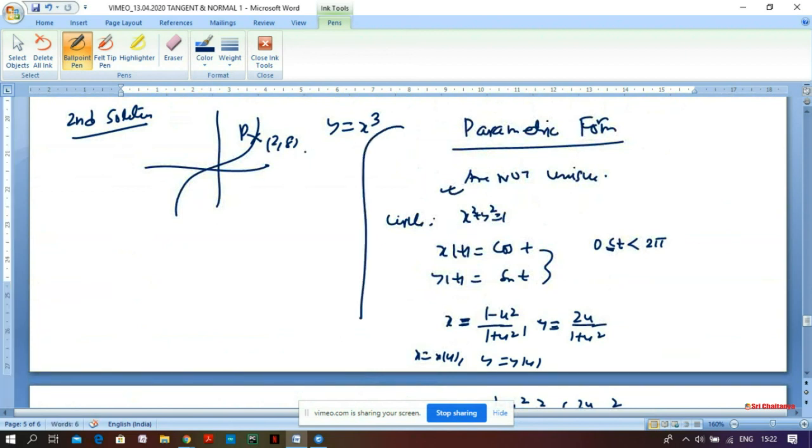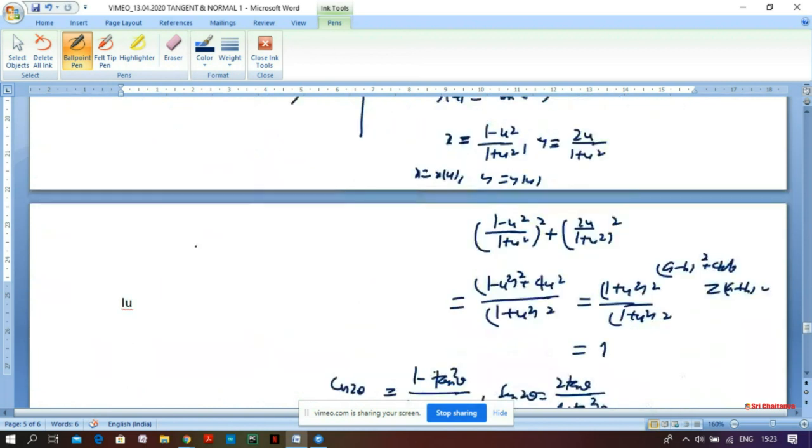For our case, we can take the parameter as t. So any point P I will represent as (t, t cube) here, because point is (2, 8). So t is 2 and t cube is 8. Both give simultaneously t equal to 2. So 2 is the parameter t value corresponding to point P. So I model my question now like this, that you have got here now